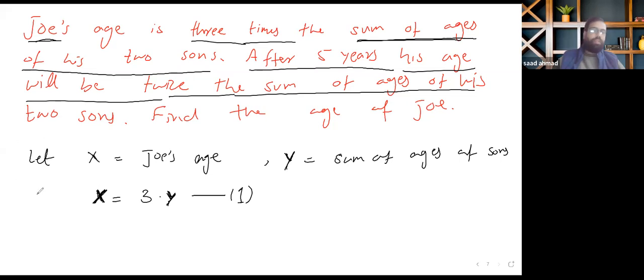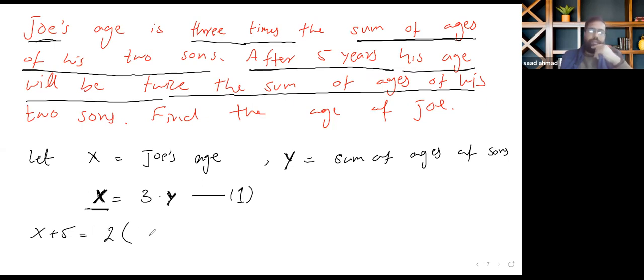Okay, so after 5 years, we say that x is his age, right? So after 5 years, his age will be x plus 5, right? That will be Joe's age, x plus 5, after 5 years. And we are saying it will be equal to